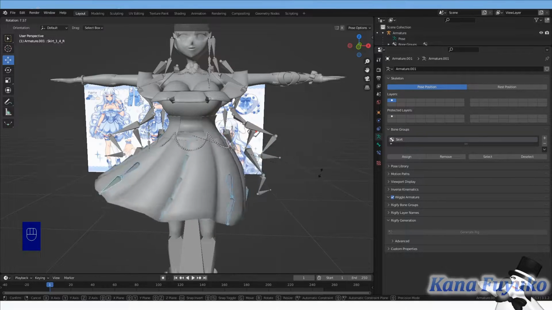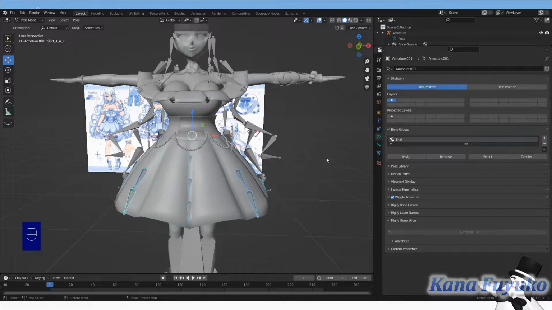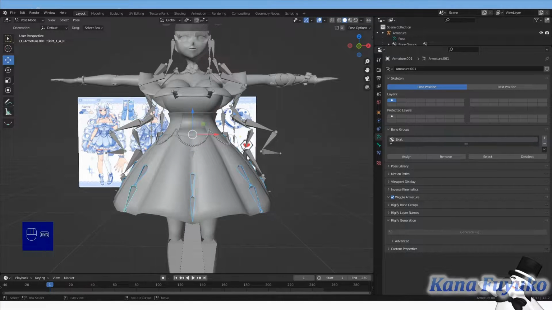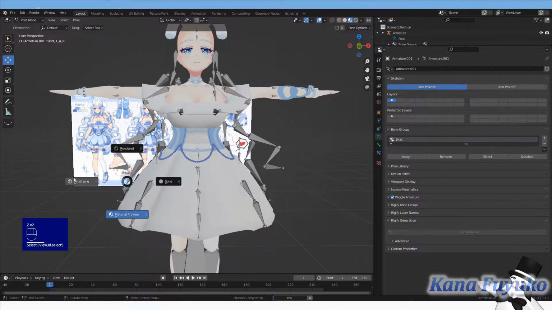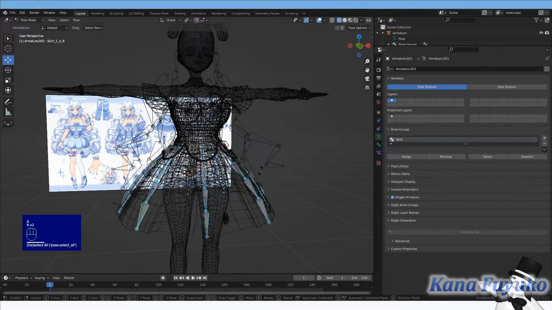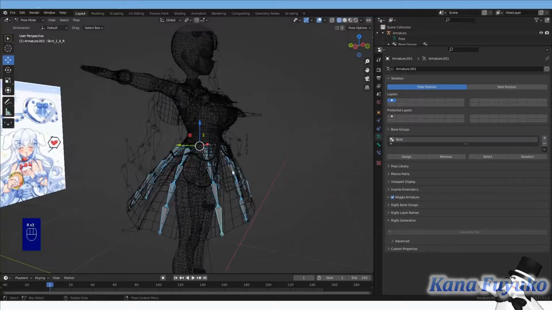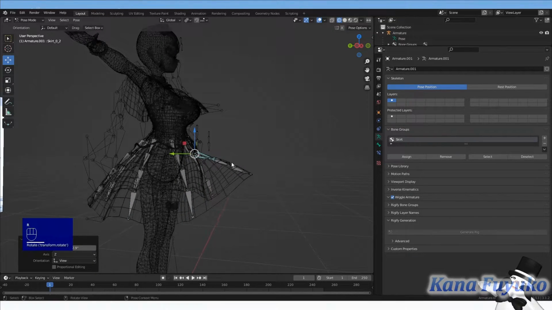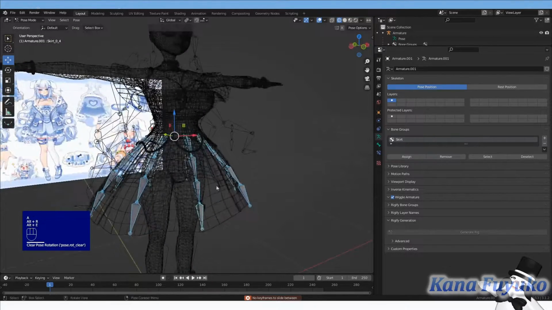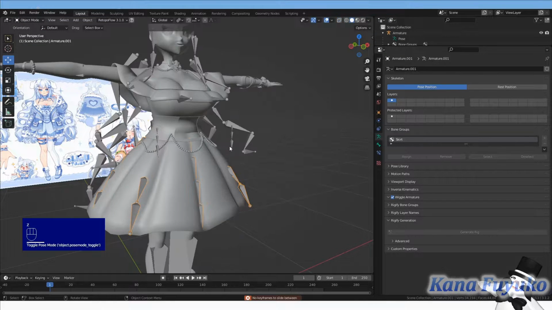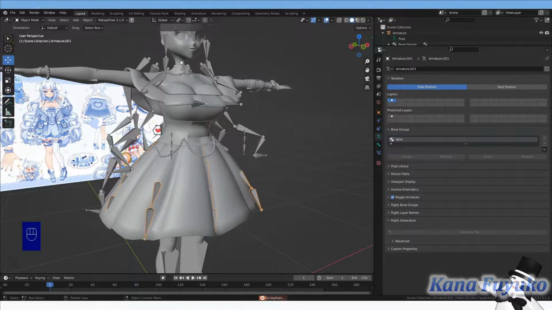Because keep in mind that when you're adding VRM spring bones or wiggle bones in Blender, or dynamic bones, or some physics, or even MMD with rigid bodies, or even Blender rigid bodies, all these bones are going to work together so they can create the movement. But it's still always nice to check that the individual bones are good, if there's any weird stretching and stuff. For the most part, when I auto weight paint my stuff, it usually works pretty fine, except on the base model. The base model is a different story.